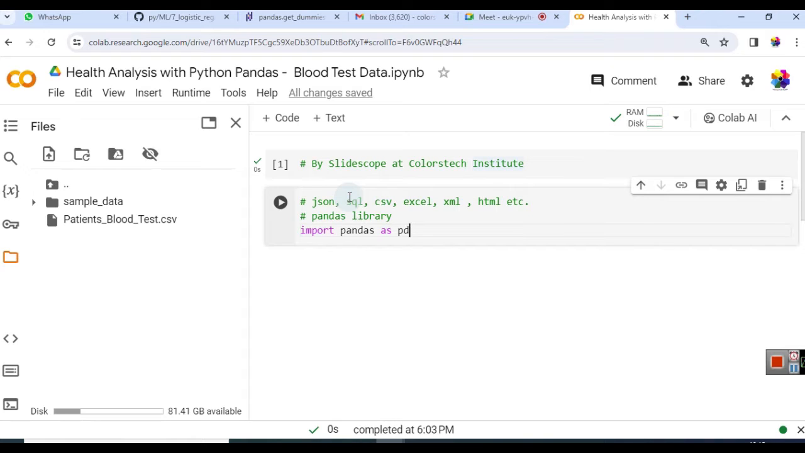Import pandas as pd. So Ayush has just joined. So Ayush,